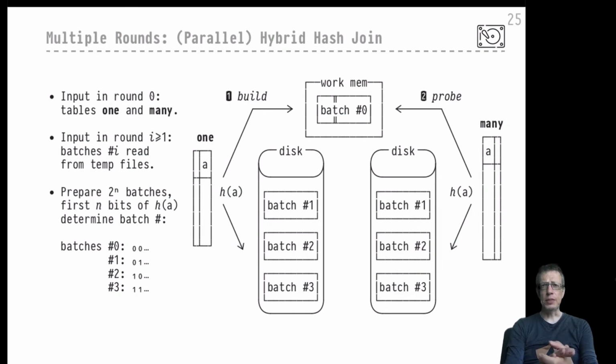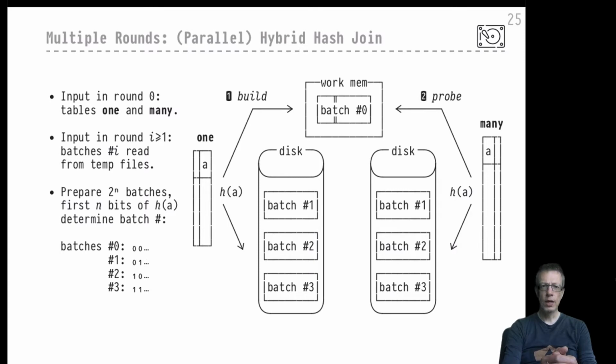Hi there, and welcome back to our discussion of hash join in the context of chapter 12 in the DB2 course. Of course, it's expected that a hash-based join algorithm has some main memory requirements if we want to build the hash table that holds all the rows of the build table. But working memory may be tight, or the input tables,